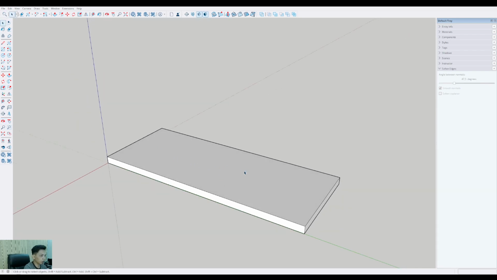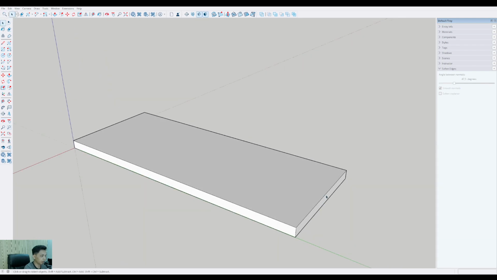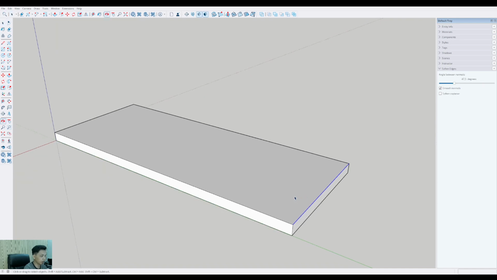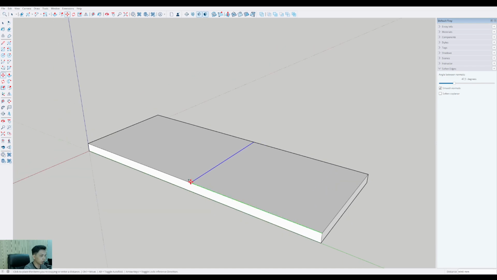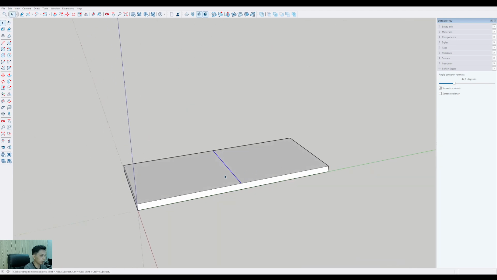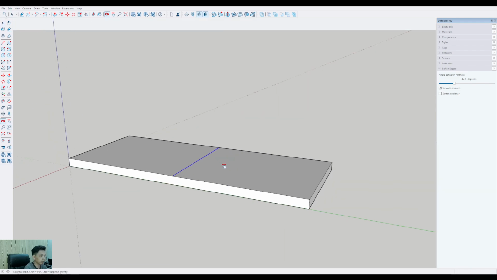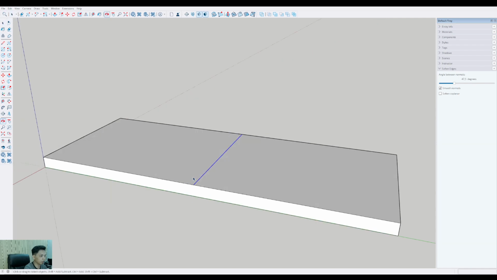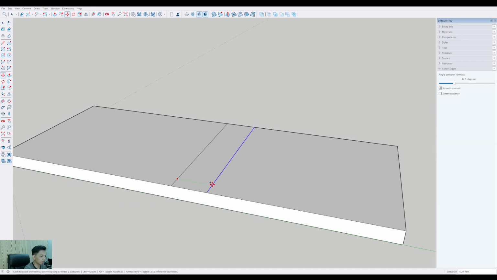divide it into two surfaces. You can click this line, then select move, click this point, and place it to the point here. Actually, this is for the first elevation, and this is for the second elevation. And then you can move it again right here, to the right side. It's around